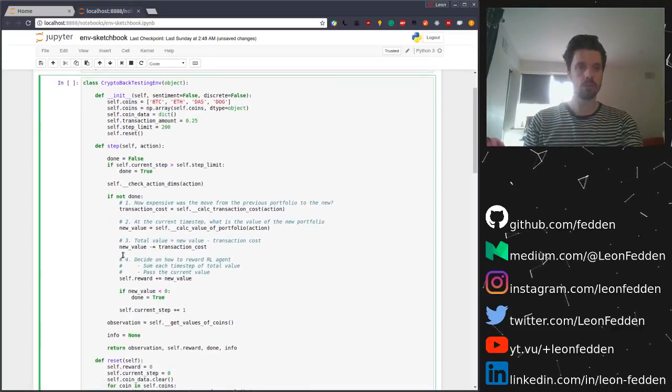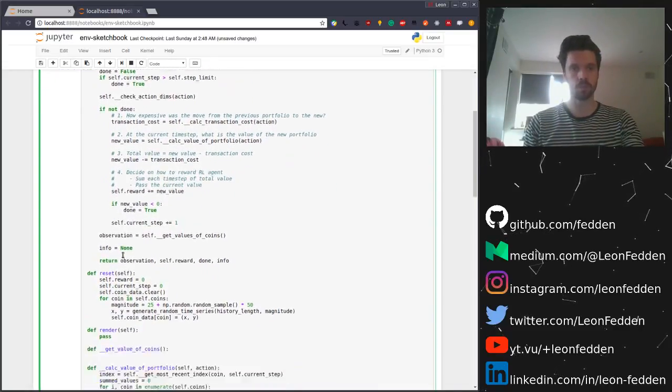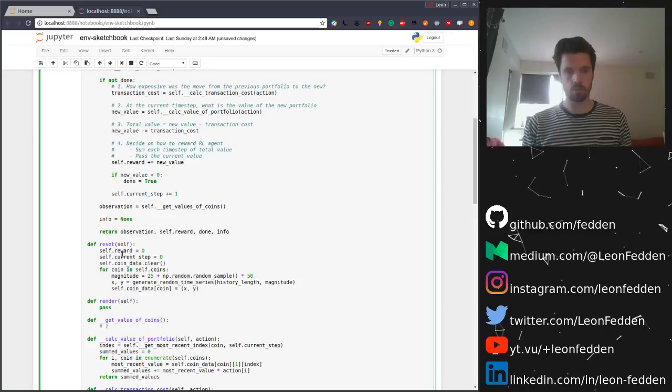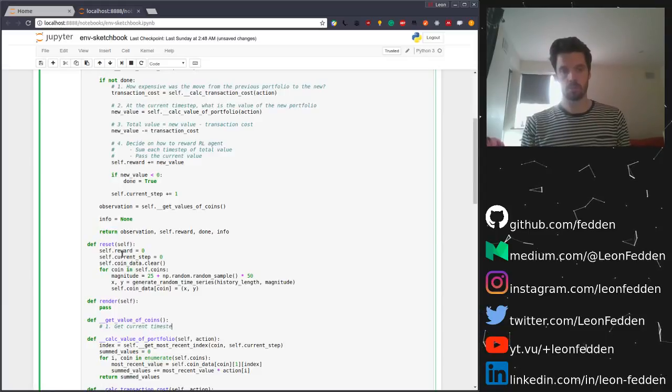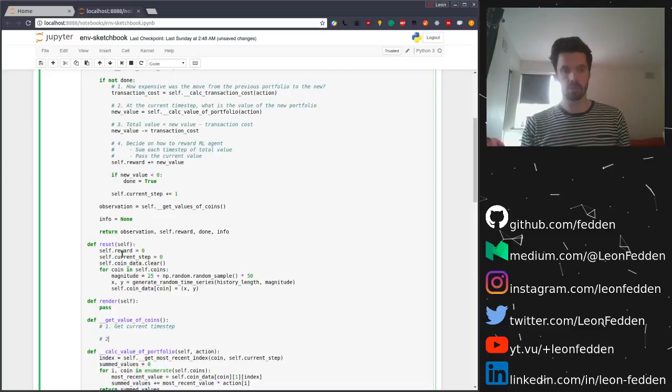Let's just track back and think about this. So 1, so get that's the thing we just incremented. 2, from that current time step,